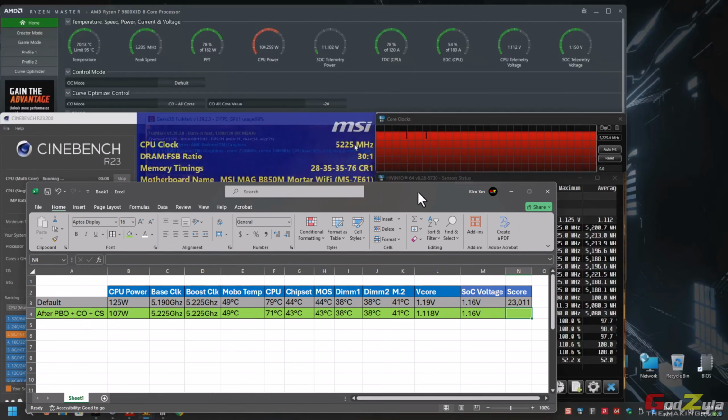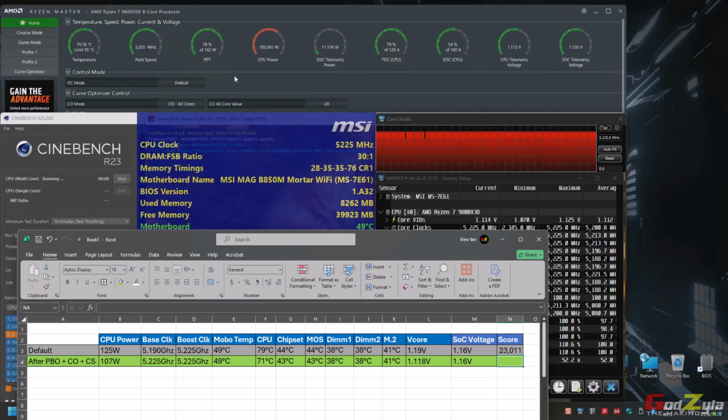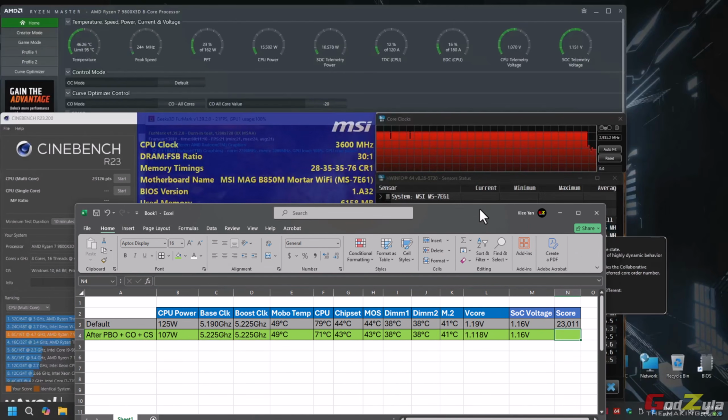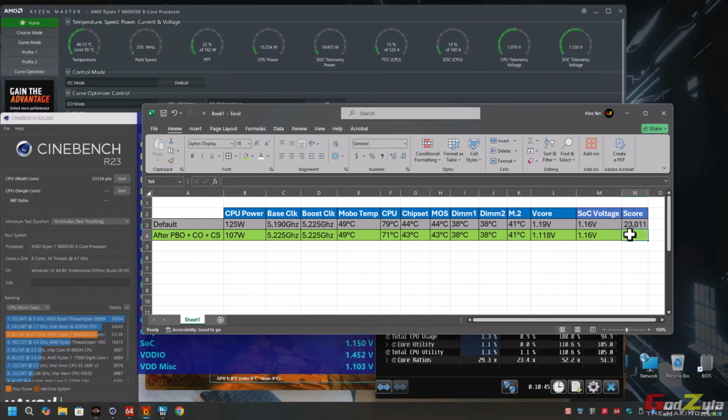So this is the reason why I say that I do not like to set the CPU boost. And with that, there might be times whereby the system is actually trying to push and pull. So that is actually a figure for it to pull. You have redone the curve optimizer and the curve shaper, which is drastically pulling lower current, and yet you still want to push the frequency. So there is a snap over there, you see. So that's why I wouldn't want to do that. Now, the final result is